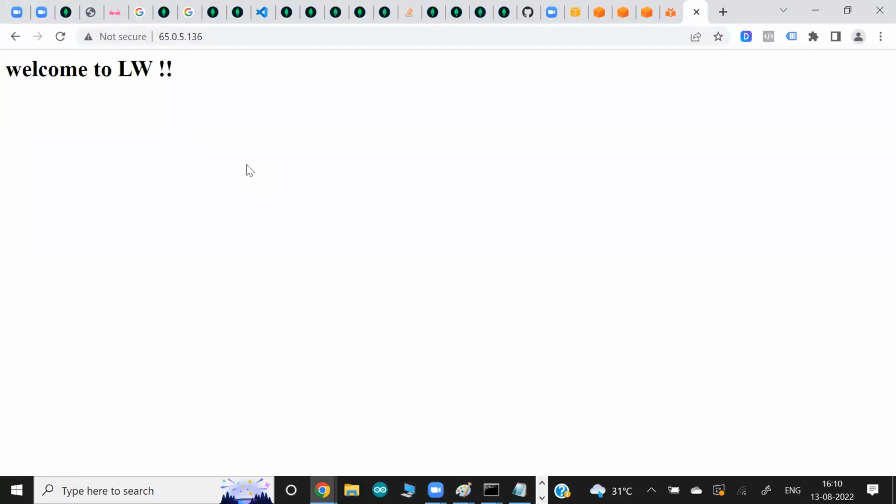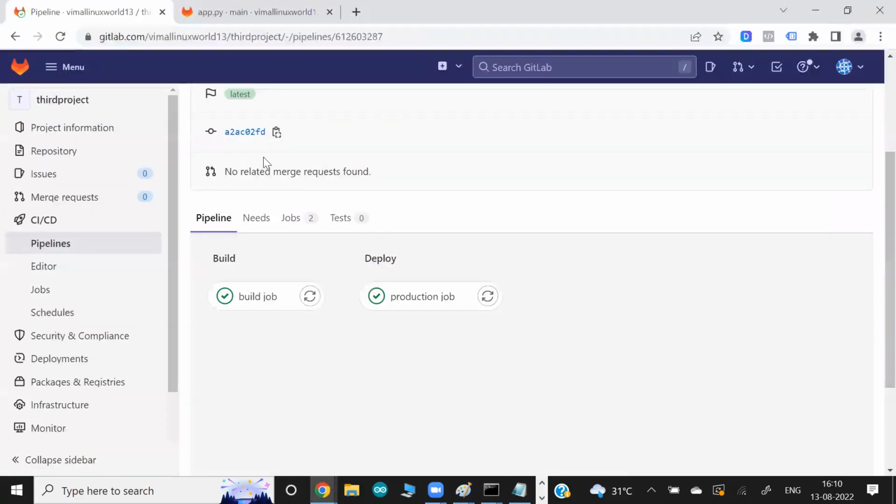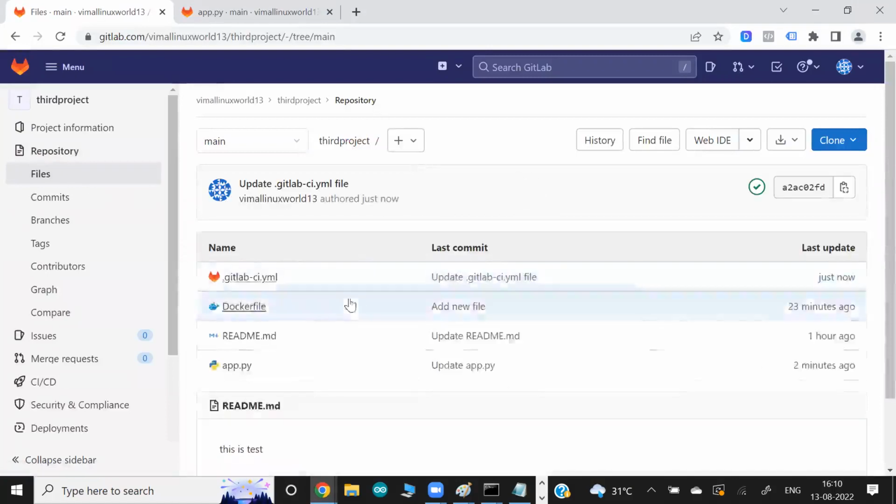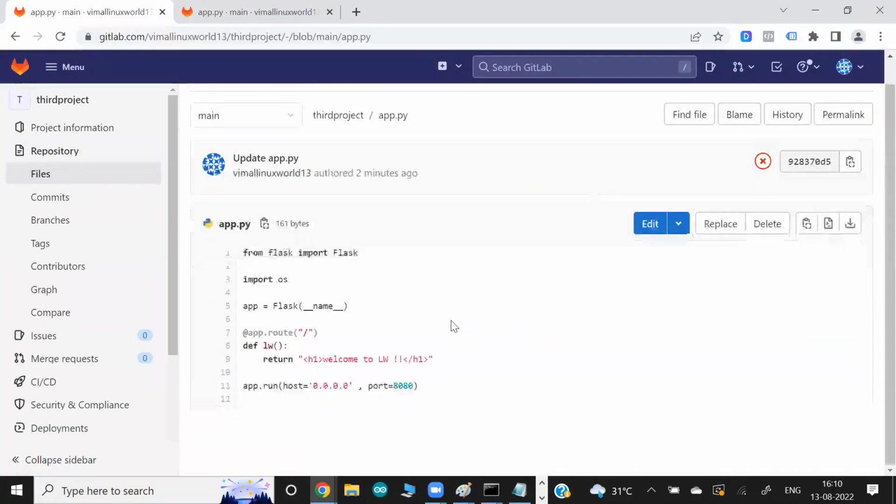You have to create the pipeline once, maybe initially because you are learning. We can do multiple tests. A lot of the time you have to keep on checking the code. For example, right now if I change something in my code, things will work automatically. When I change something in my code, let's say I want to give my